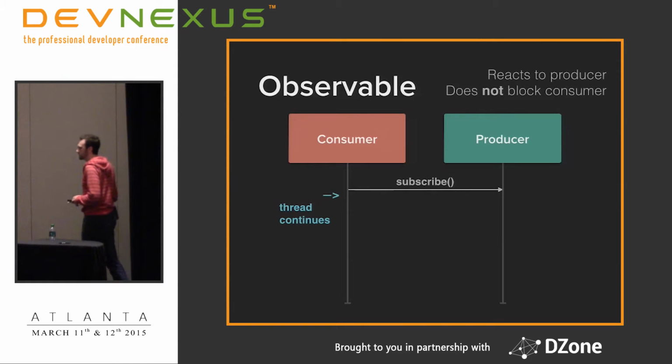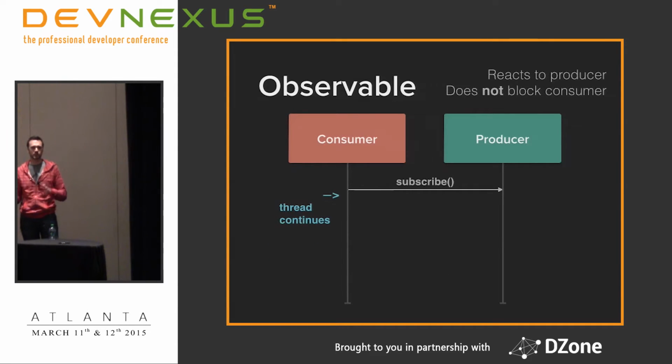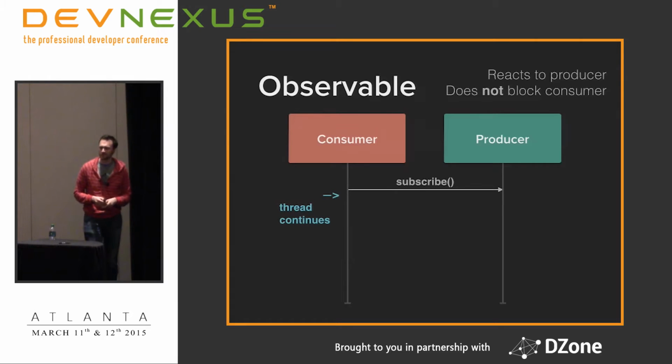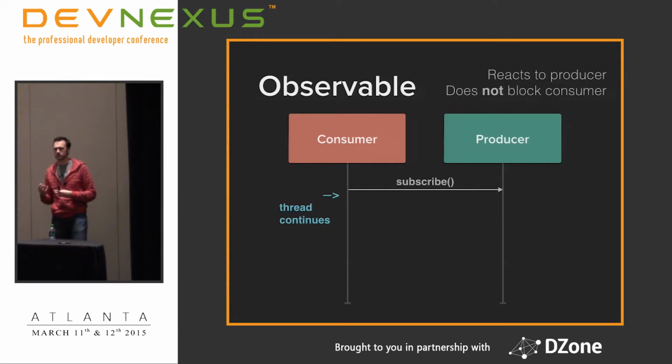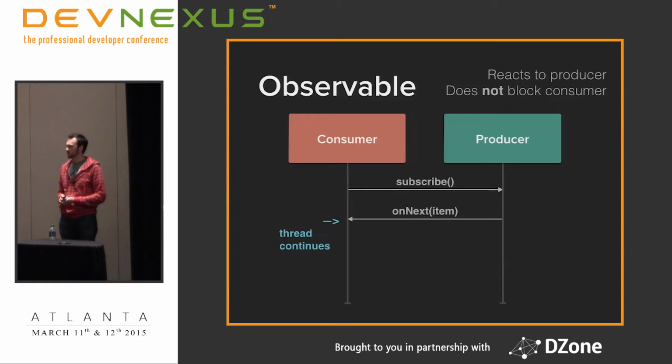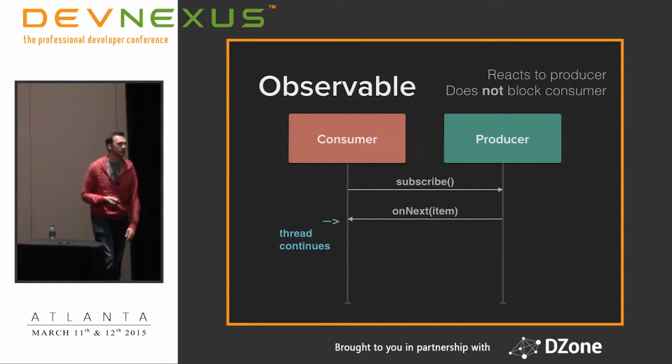So the alternative to this, the reactive alternative, is using something called an observable, which gives you the same way of thinking about collections as iterable, except it's more of a subscription-based and push-based way of approaching it. So your consumer can say, hey, I'm interested in things that you have, and then it can go off and do other work. And at some point in the future,